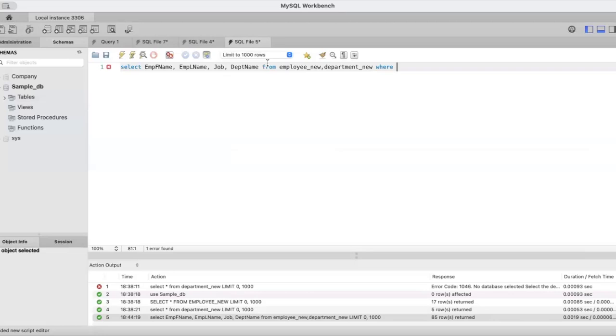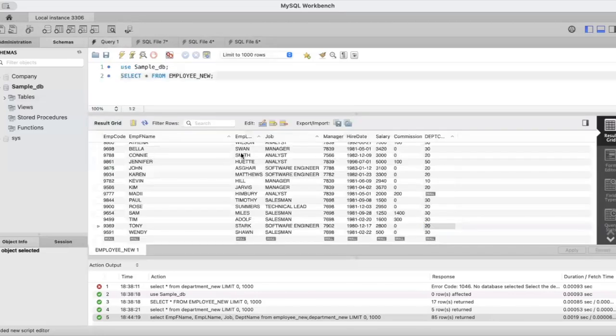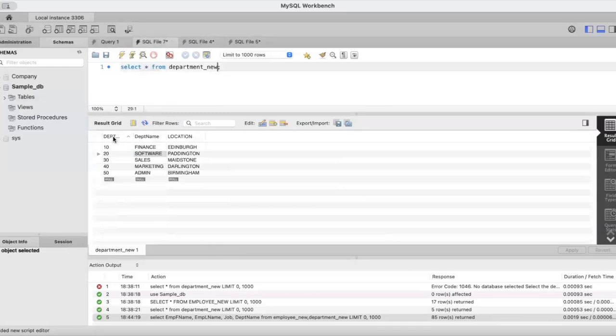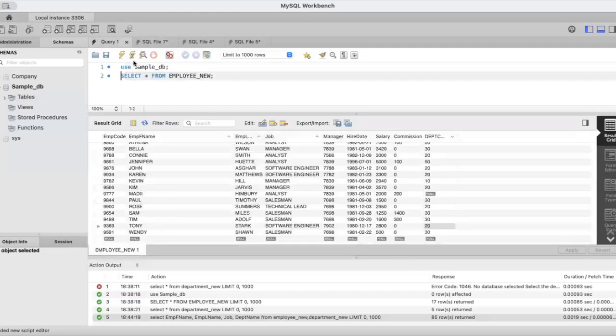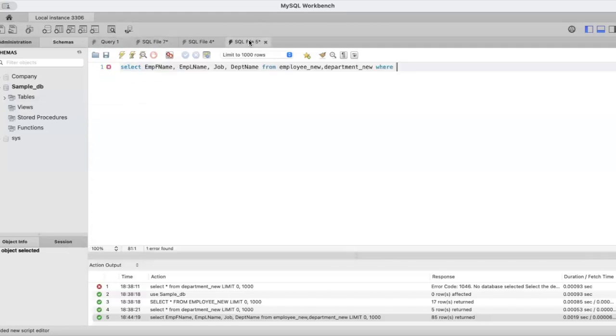So I can write it like this. The name was DEPT code. And here also I have DEPT code, I think. Yeah, DEPT code. And here also the name is DEPT code. So I can write something like this. Department code is equal to